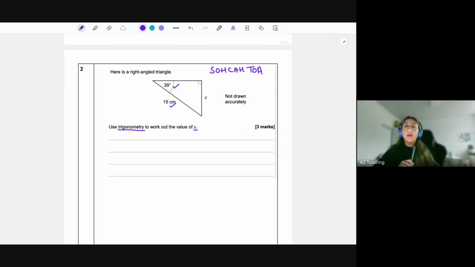Pythagoras is only for lengths and sizes, so you can't use Pythagoras when it comes to angles. So first things first, when it comes to SOHCAHTOA,